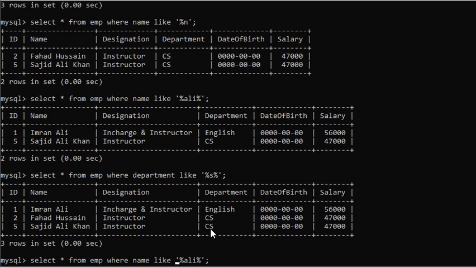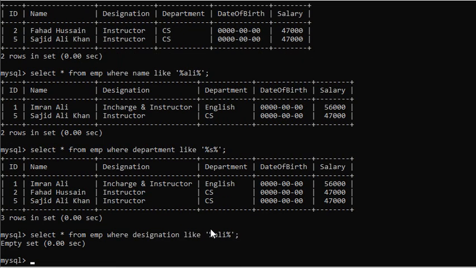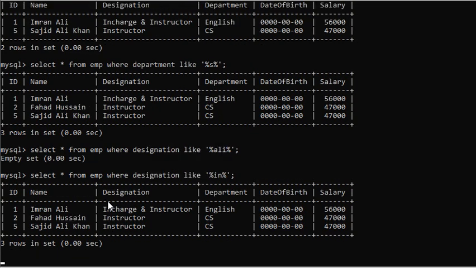And you can also change the column name from table designation. You will find that there is no pattern Ali inside the designation, as there are 6 designations. So you can change your pattern. Let's suppose find the pattern IN characters and search for the records in the designation.